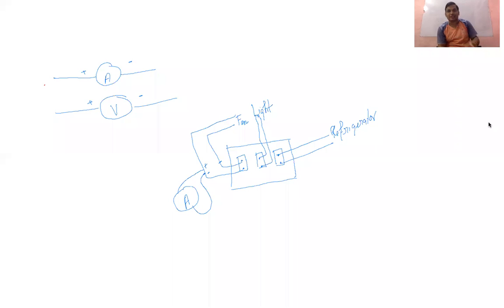When you are asked to join a voltmeter in parallel, what you need to do is connect the positive end of the voltmeter V here and the negative end of the voltmeter here. So this will be known as your parallel combination. Now has it become clear to all of you? So how you can connect in series and how you can connect in parallel.